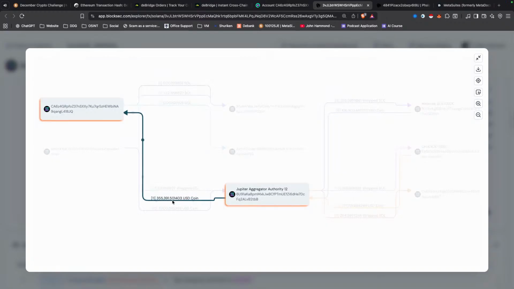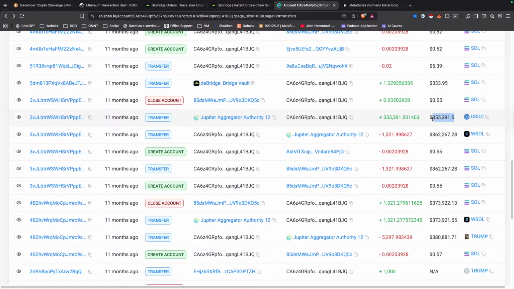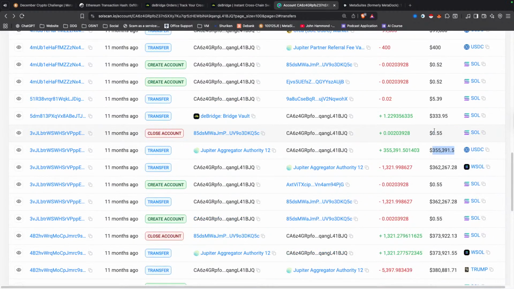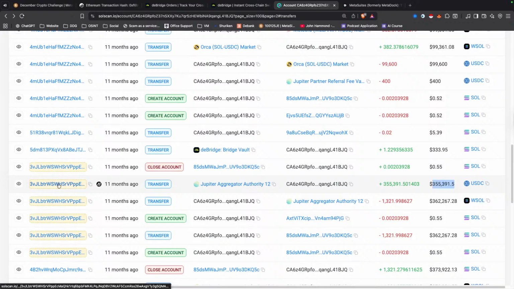Okay, all right, so let's go back. We're now following the USDC, the $355,000. So we go through, we're looking at our transaction hashes. We have one individual one here, 1.22 Solana, $333. Now at this point, it's a different asset because that could be related to ours. We haven't traced that and we're not going to for the purpose of this exercise. But it could be